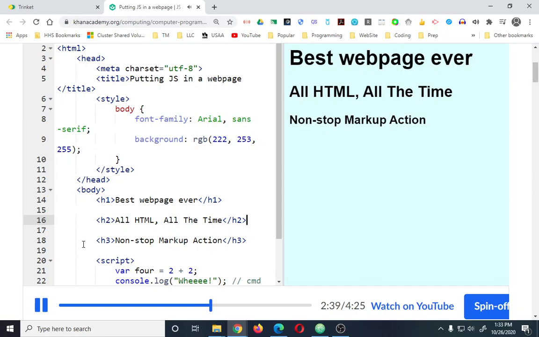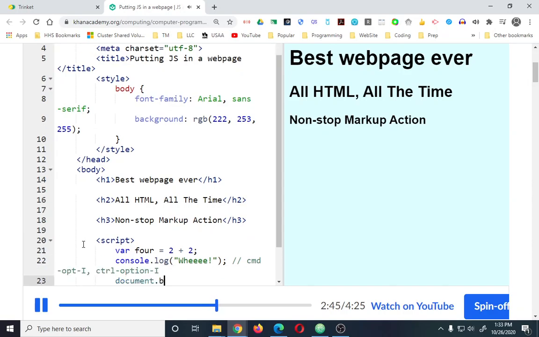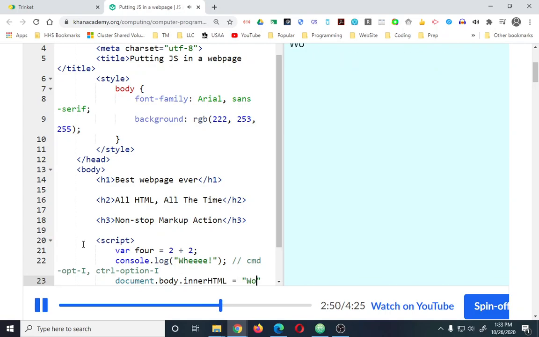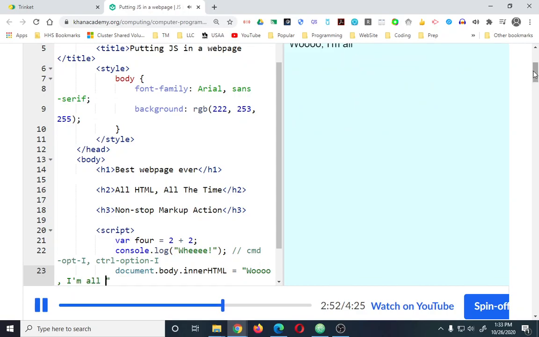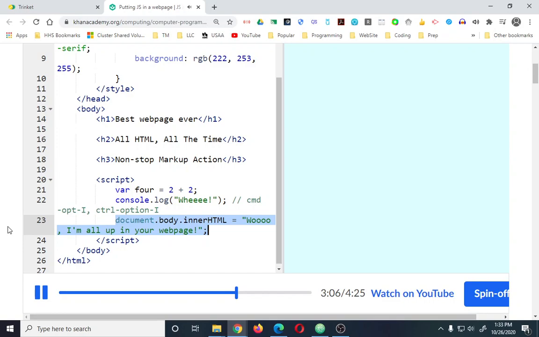Now let me actually do something to the page with JavaScript, using a line of code that will not make a lot of sense yet. document.body.innerHTML equals "woo, all up in your web page." See what happened? Our web page disappeared and was replaced with our elite hacker message. We'll go into more details about how this line of code actually works, but basically it found the body tag